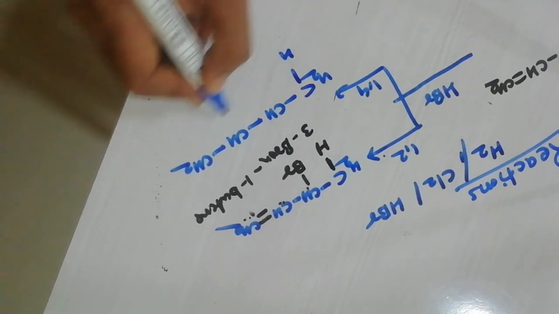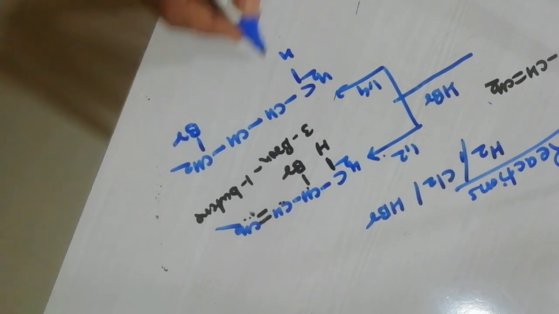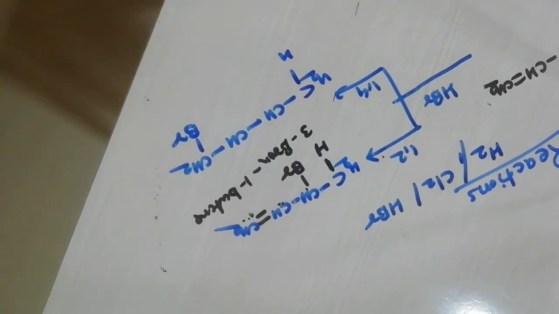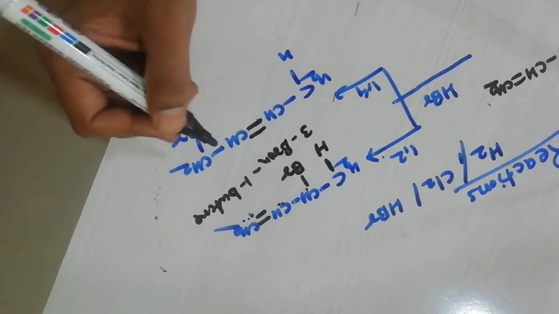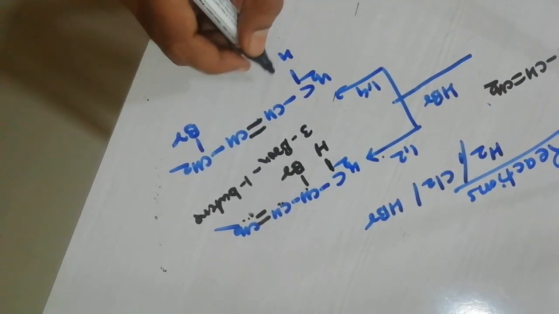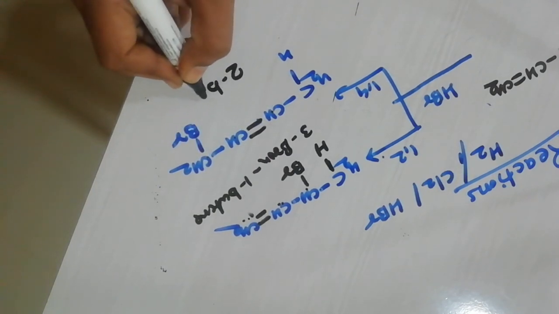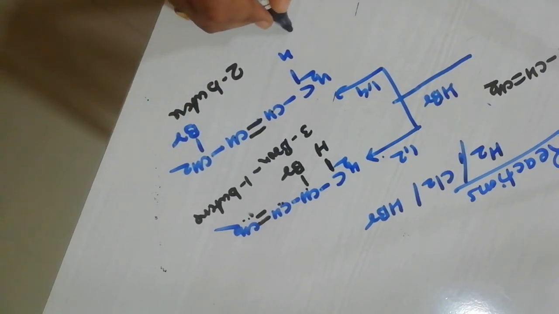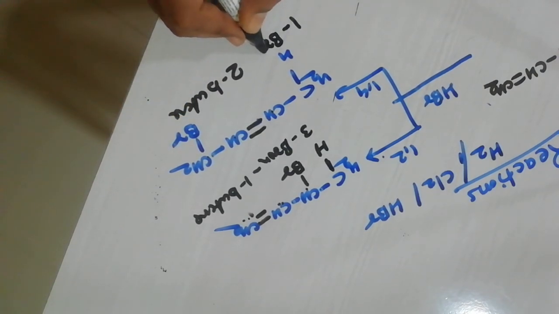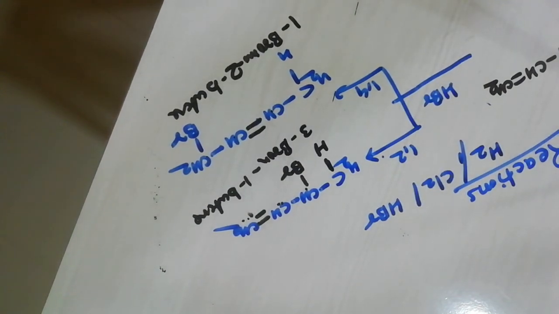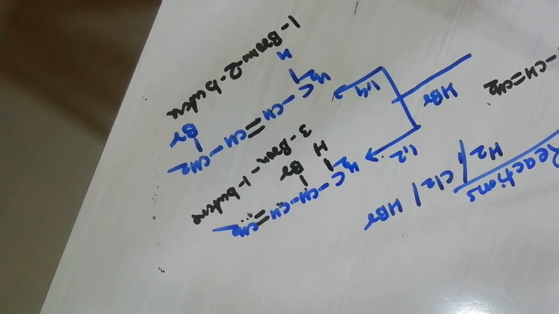On the contrary, when the addition takes place at the 1,4 position, you can write down the framework here. So here you will get H, and the Br will go to the 4th carbon, and during the course of this reaction, the double bond will come here, right? So what is the name of the compound? The name of the compound is 2-butene, 1, 2, 3. The parent compound is 2-butene, and the lowest possible number you have to give to the bromine. So it is 1-bromo-2-butene. So these are the three important reactions of the 1,3-butadiene system. So in this lecture, I have tried to cover the chemistry of alkadienes. I hope you will find it interesting. Thank you.